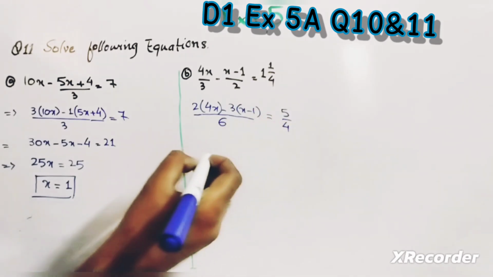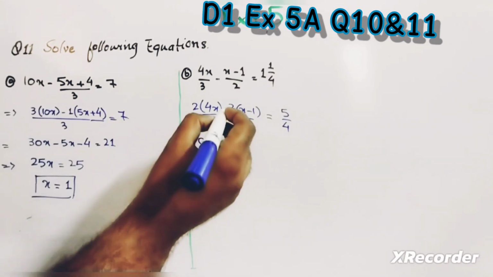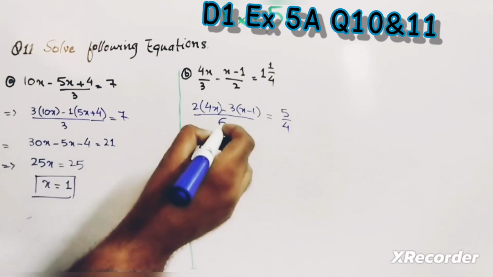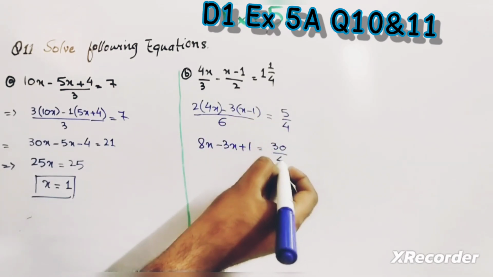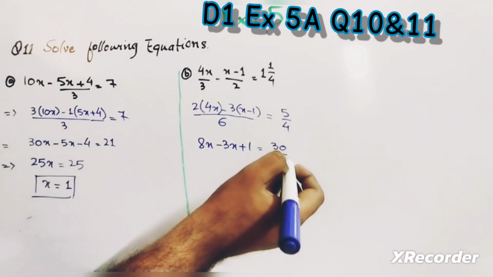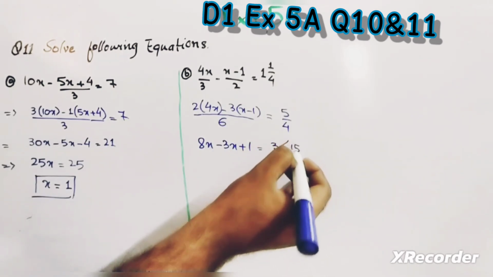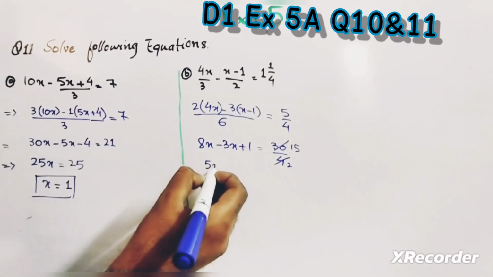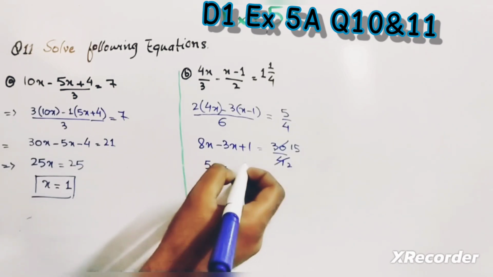By solving, we get 8x minus 3x plus 1 and 30 upon 4. So 4 times 2 is 8, 4 times 15 is 30. So 8x less 3x will become 5x, and this plus sign moves on the other side, getting 15 upon 2,